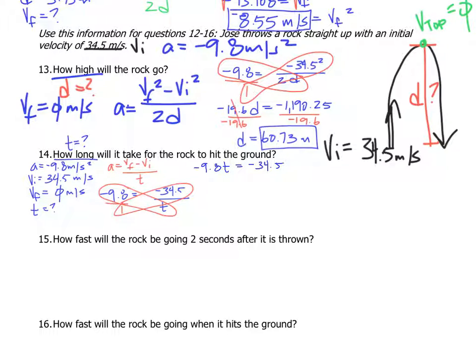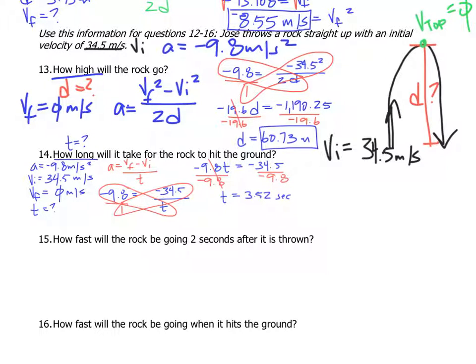So to get t by itself, I need to remove the negative 9.8 by dividing both sides, where these cancel, and I have t all by itself. And negative 34.5 divided by negative 9.8 gives me 3.52